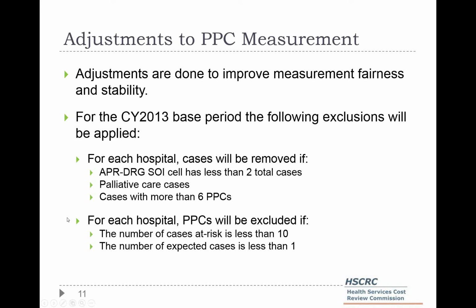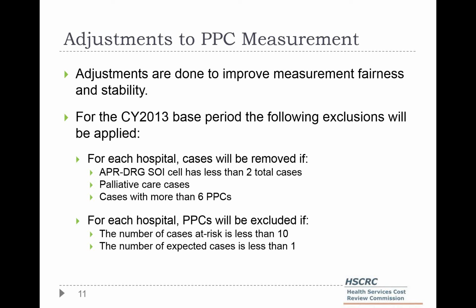However, in addition, in the new MHAC methodology, we are also removing PPCs if, for a hospital, for a specific PPC, the number of cases at risk is less than 10, or the number of expected cases is less than 1. It should be noted that these adjustments only apply to the base period and not to the calendar year 2014 performance period. This was done so that scores can be calculated during the performance year prior to knowing whether these exclusions should be applied. Because certain PPCs will be excluded, not all hospitals will be measured on